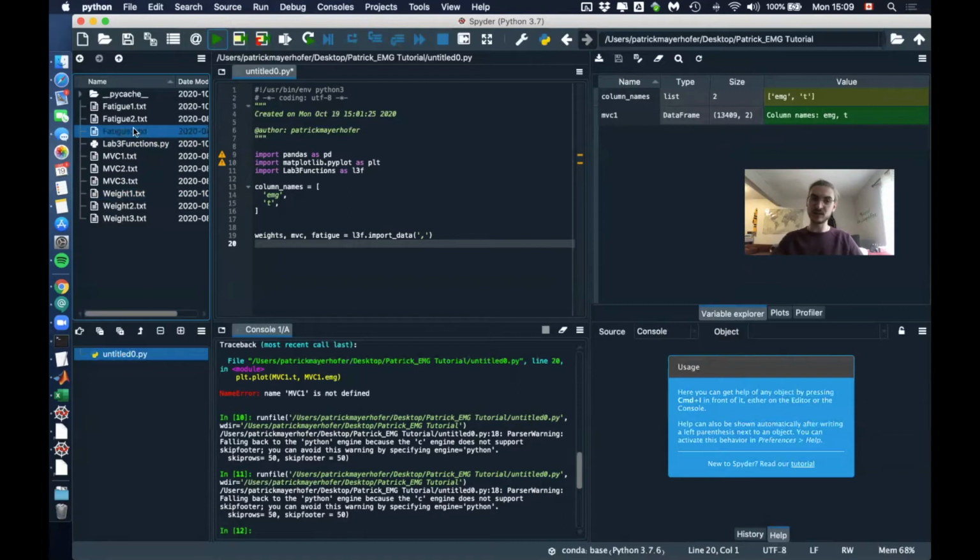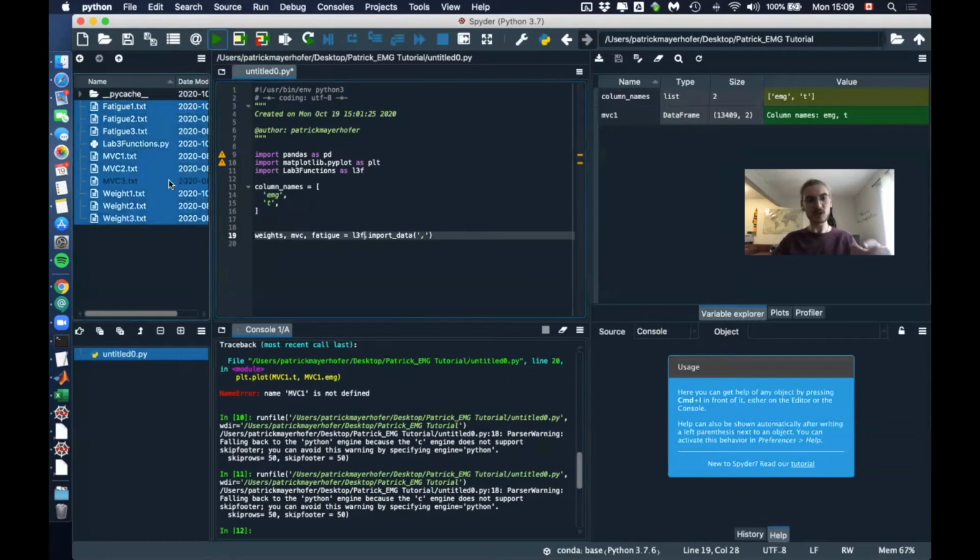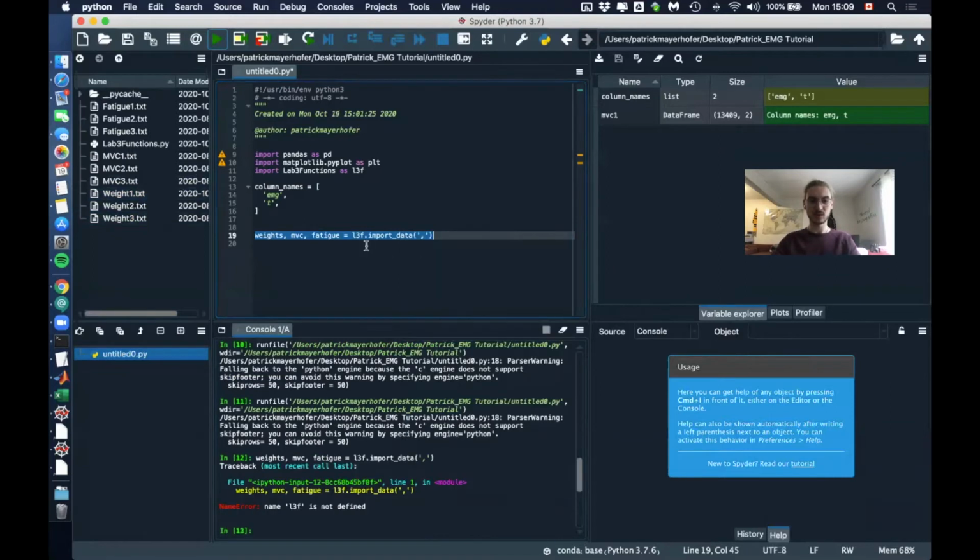One thing that is really important here is that you save the data in the working directory, because the function will just look in the working directory where you're looking right now, so it does not have any path or something like this. And also the data sets need to be called exactly like I called them here. So they need to be spelled exactly like I did. So fatigue 1, 2, 3, sorry for that, MVC 1, 2, 3, and weight 1, 2, 3. It needs to be like that, okay? And if we then import the data,